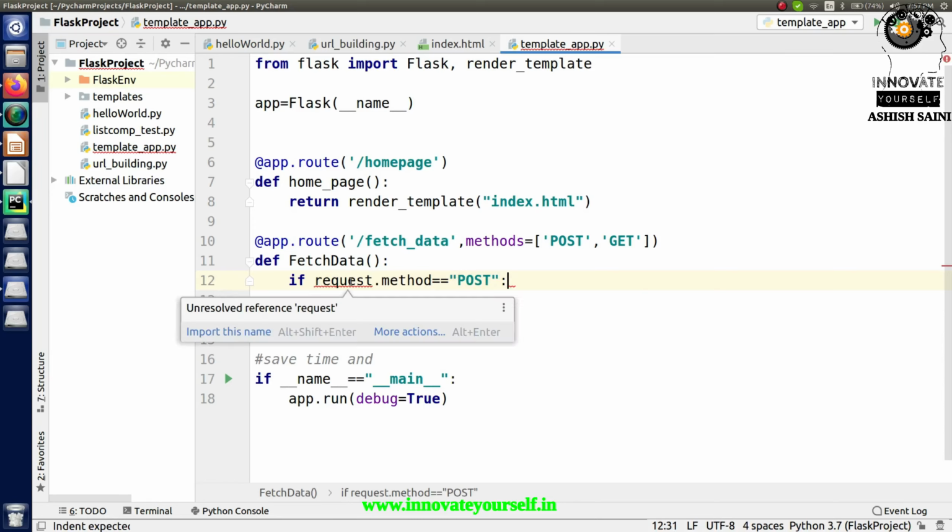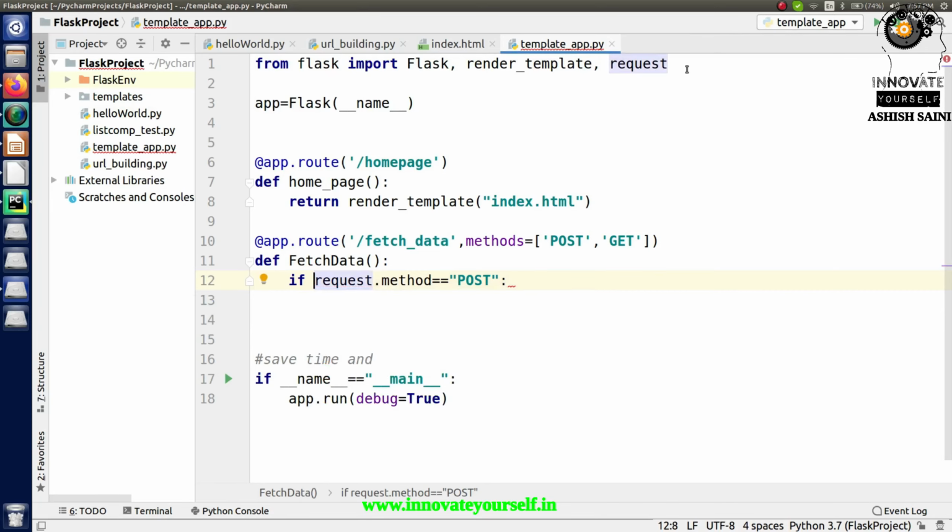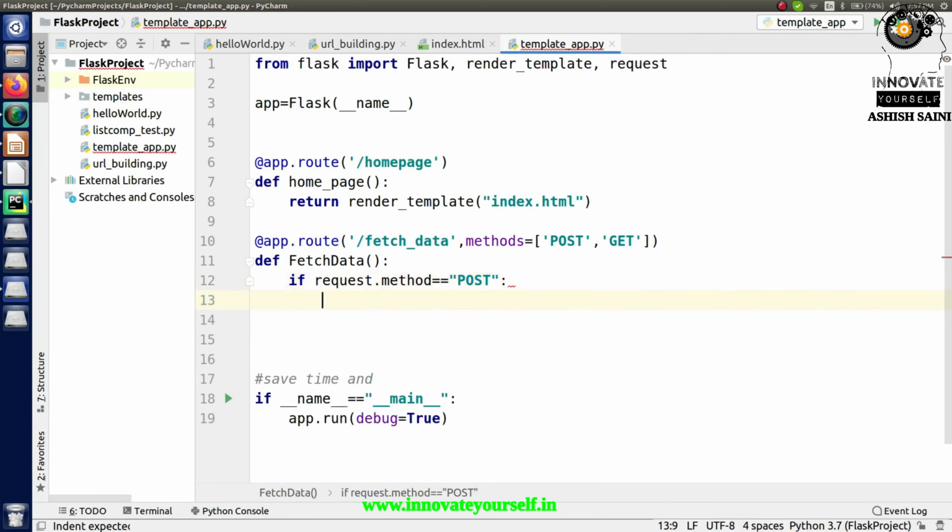Because we are not calling it, we have to call it from the Flask application, so it will be added at this end. When you get the method as post method, what exactly do I have to do? I have to collect the data. I'm going to fetch that value and store it into a variable, and I'm going to store it inside this variable name, whatever I'm taking over here.